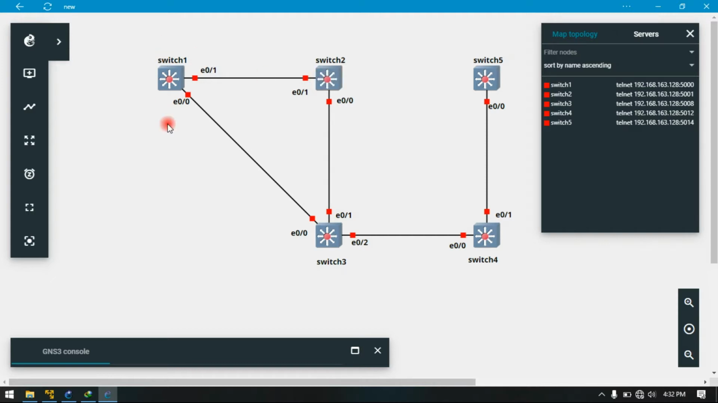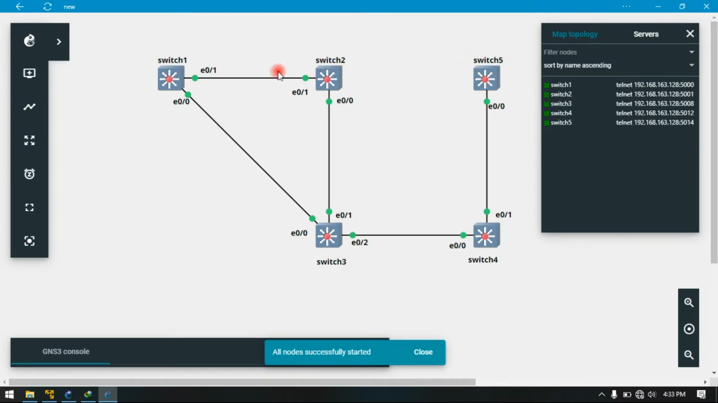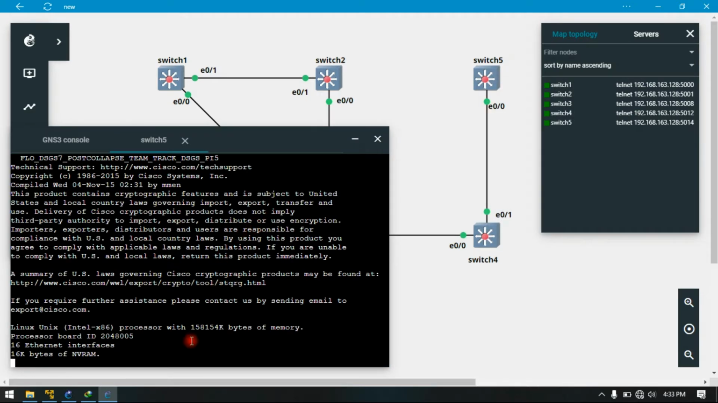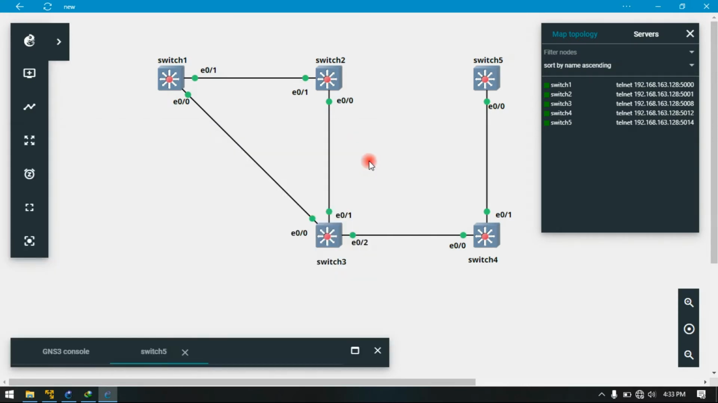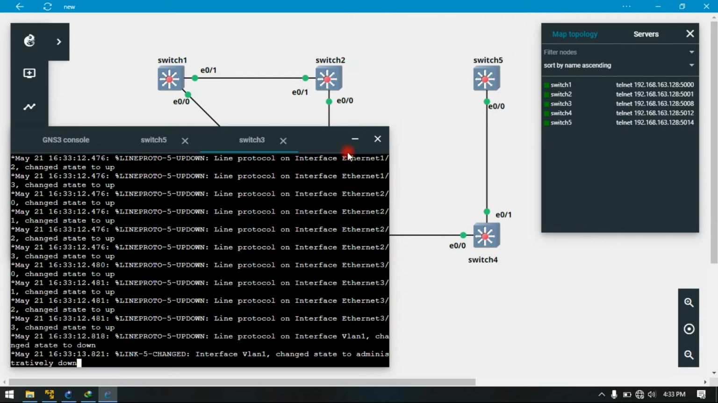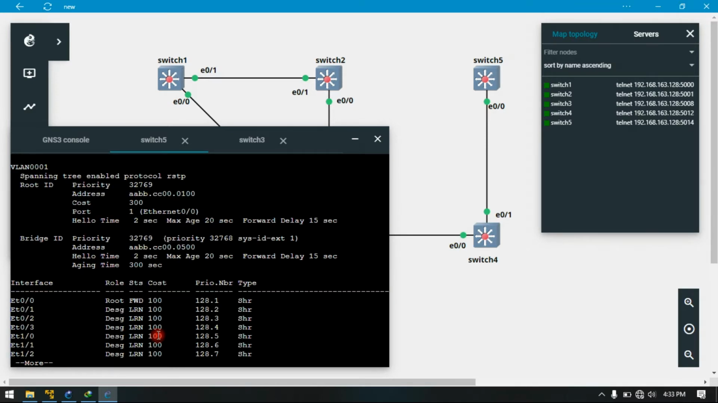So without wasting much time, I have 5 switches here. I'm going to start all of them, and we are going to identify the root bridge of the topology. So I will start with switch 5, web console, and then I'll also open switch 3. Okay, so on switch 5, I'll do show spanning tree,